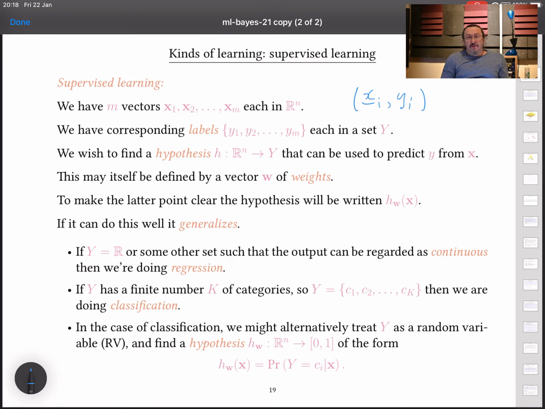H can be drawn from a collection of possibilities, sometimes called a hypothesis space, either directly using some training algorithms or using the kind that we've already seen, because that space is parameterized. And we have a bunch of weights, which I'll generally denote using bold W, meaning a vector of real valued weights, which implicitly defines this function h that goes with it. And when that's the case, then h will usually have a w associated with it in some sense, as well as its argument x.